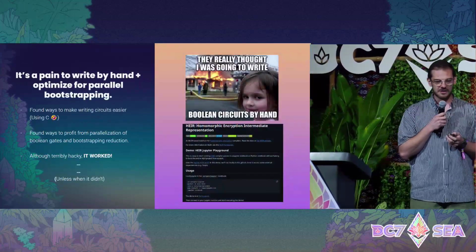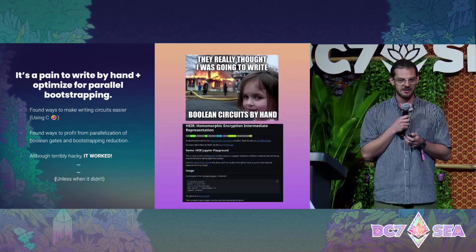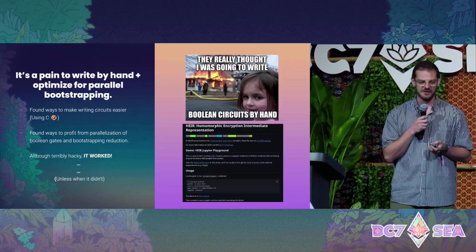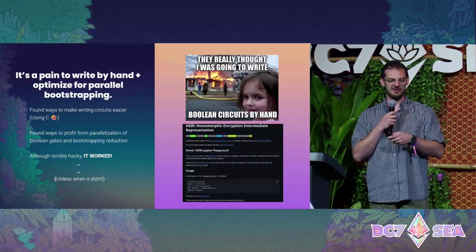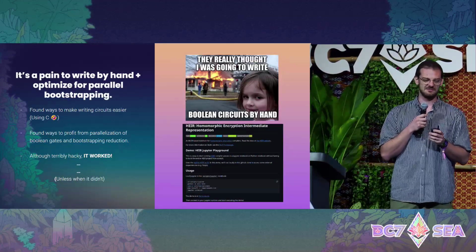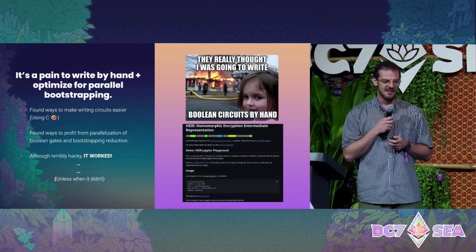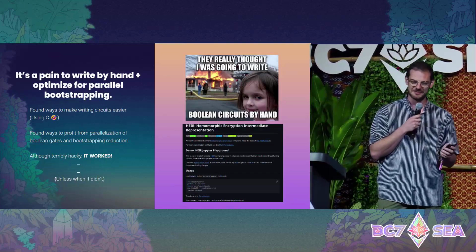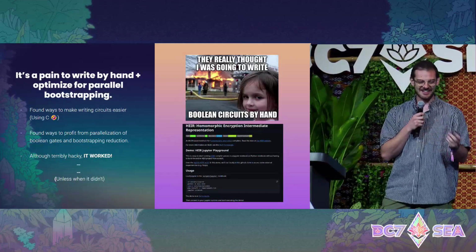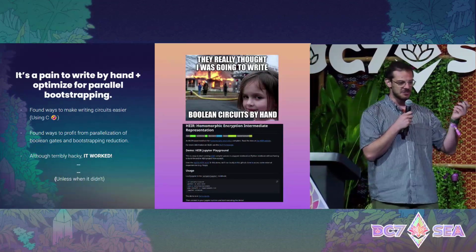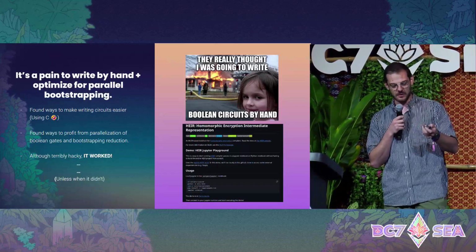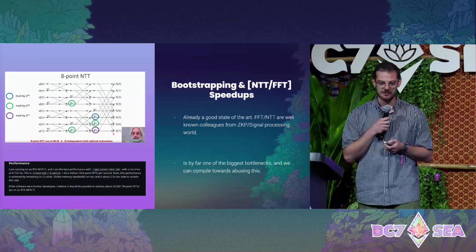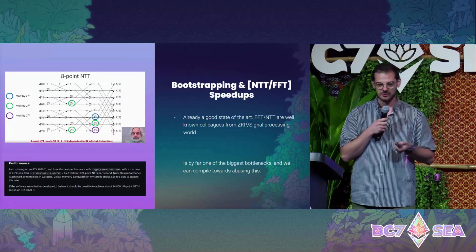The two most important lessons we learned are that it's a big pain to write these things. The Photoshop was okay because it was a negative of an image. Then we got into the Pokemon kind of thing, and it started to take me time to write this. The more you want to do, the much harder it becomes. So writing Boolean circuits by hand was not going to work. The second thing was we found a way to actually speed this up, which I will go through in a minute. In terms of speed, it being terribly slow when you want to start doing more elaborate things,